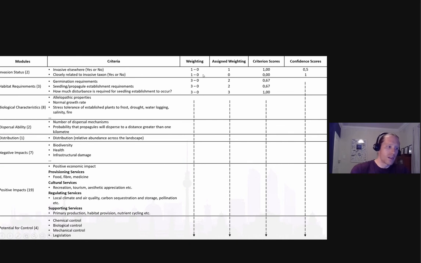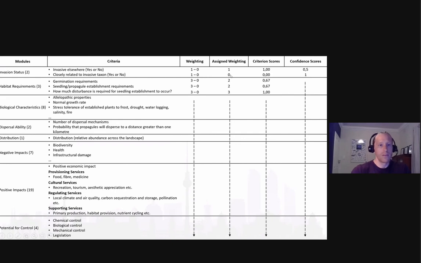So then you have the weighting at the top, and this weighting really is quite simple. So within these criteria, you again have sub-criteria within these. For example, the invasive elsewhere, and I've just put in brackets here, this is a simple yes or no for this framework. And then the weighting would be either assigned 0 or 1. And the highest weightings here are associated with the most undesirable characteristics. So for example, invasive elsewhere, yes would be the most undesirable factor, so we'd add then a weighting of 1 to that. And that's where this assigned weighting comes from. So I've just used these as examples here.